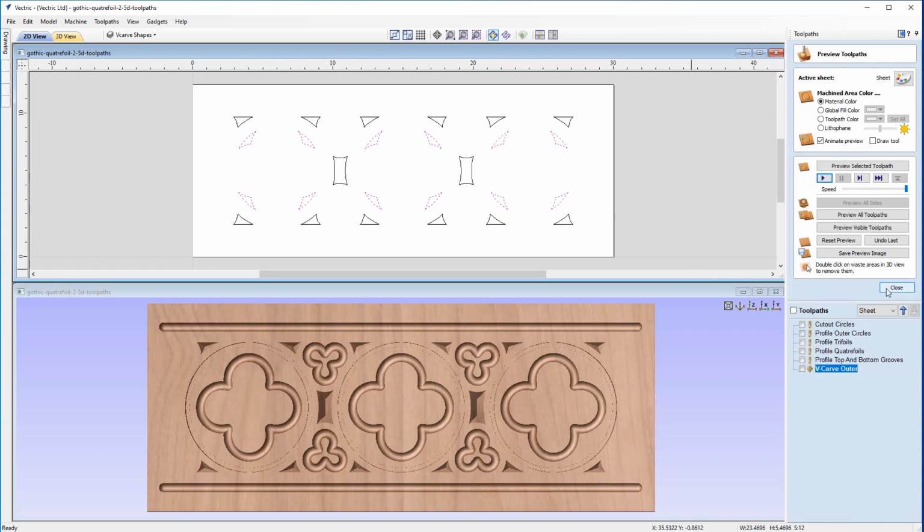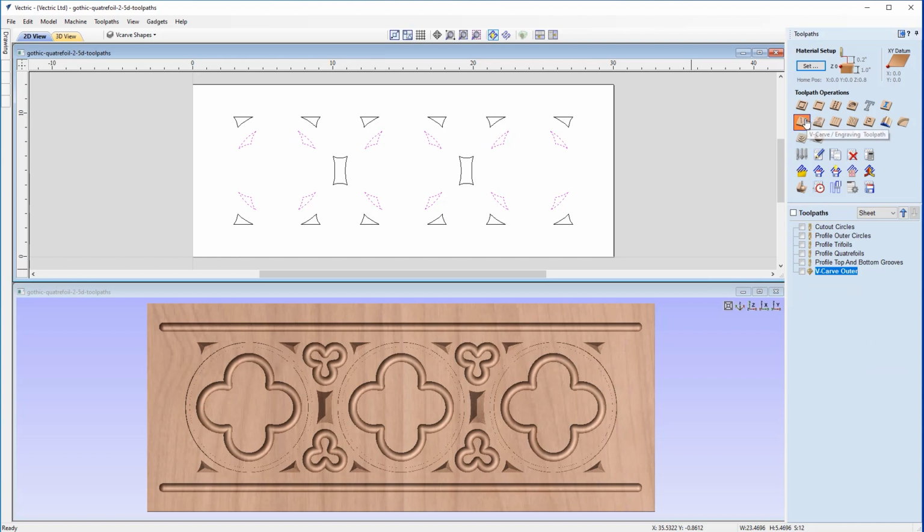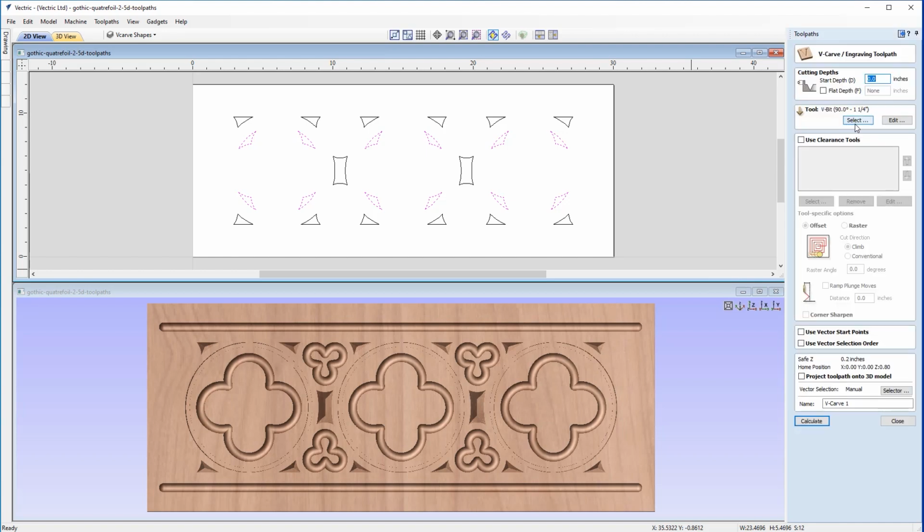And with that, I can move back over, close out of the preview and go back into the VCarve toolpath. And in this case, the start depth isn't going to be 0 because we've already machined away some material in this area. And the depth of those pockets, if you remember, was 1/8 of an inch. So we can enter that as our start depth, so 0.125. We don't need to specify a flat depth again, and we're going to be using the same tool, the V-bit 90° 1 1/4 inch. So we can come down and we'll call this one VCarve Inner